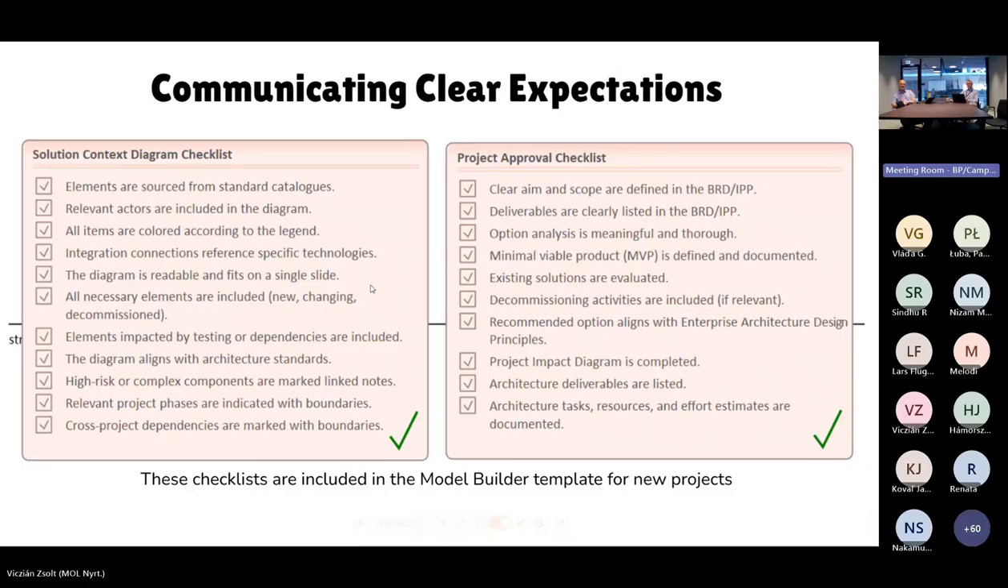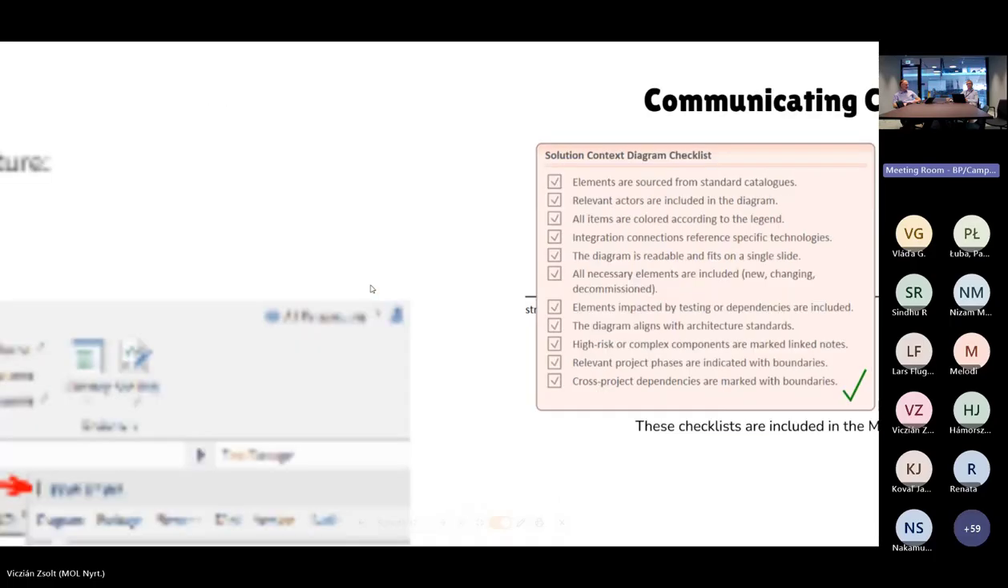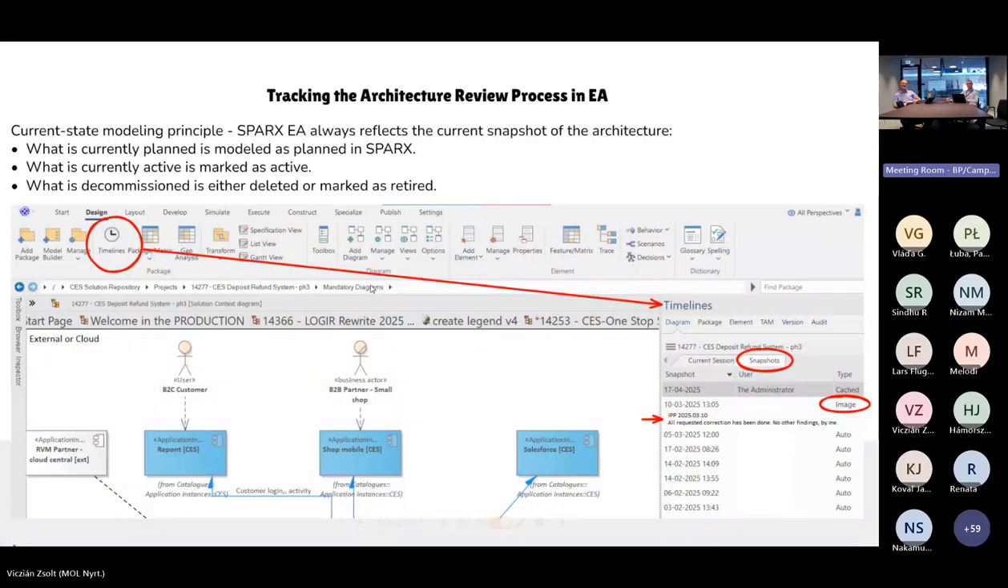So when you use the model builder to create your project, it comes with a set of pre-configured files, and that includes the empty checklist. The checklist is a translation of the earlier checklist that you saw in the beginning, and this in a way helps communicating clear expectations to the architects that these are the things that we are going to validate as we go through that. And in terms of the validation process,